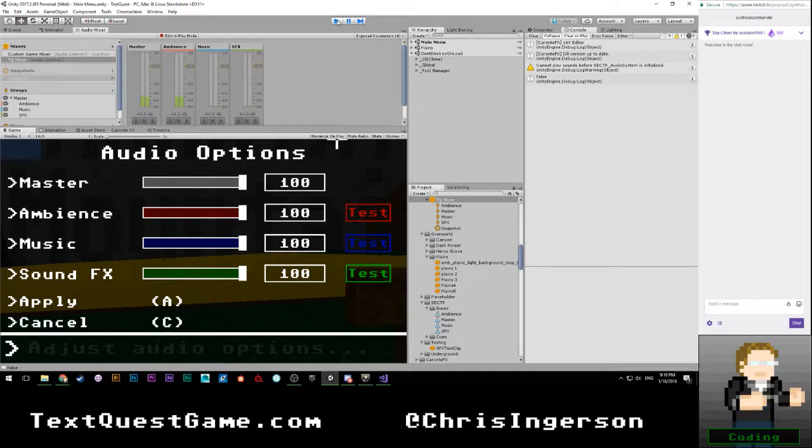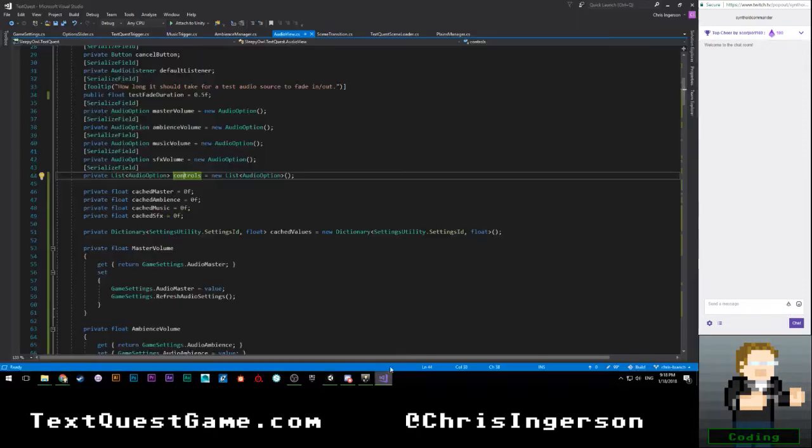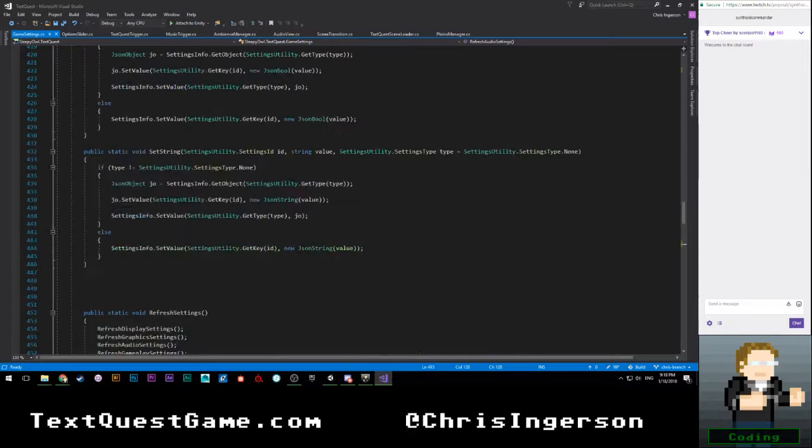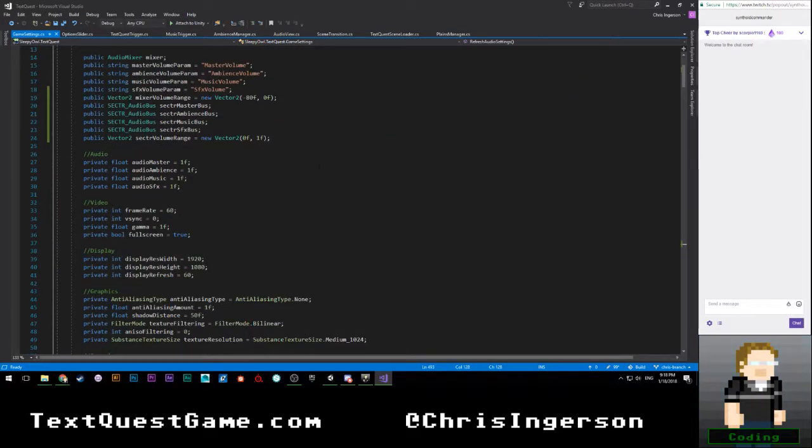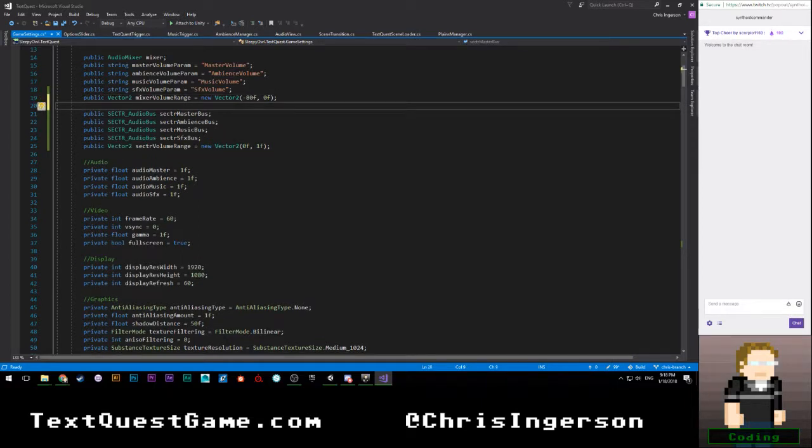Sneezing tonight. Sorry about that. Alright, so we're going to add a curve to our game settings here. Let's go up to here. And let's say, I guess we can have a curve for both sector and regular. So we're going to say public animation curve, not that, curve,